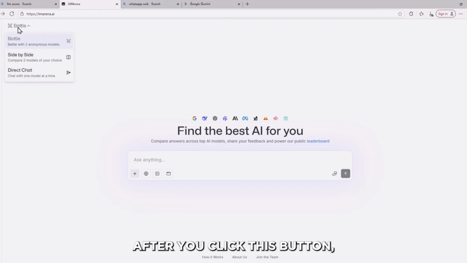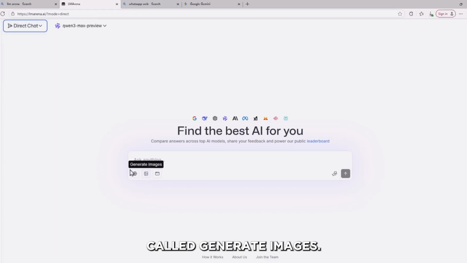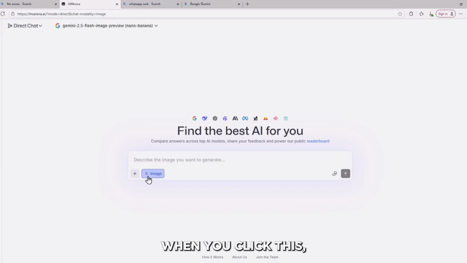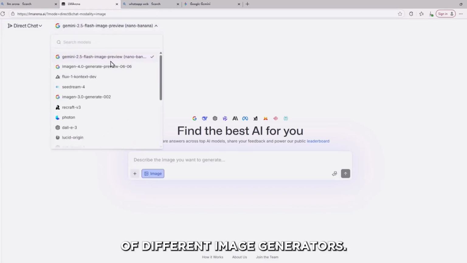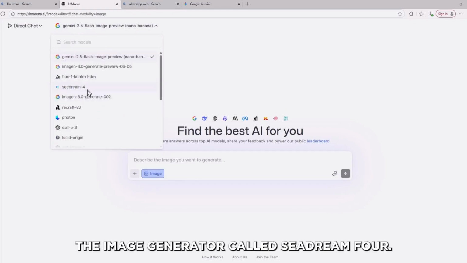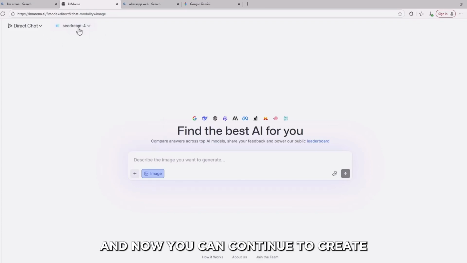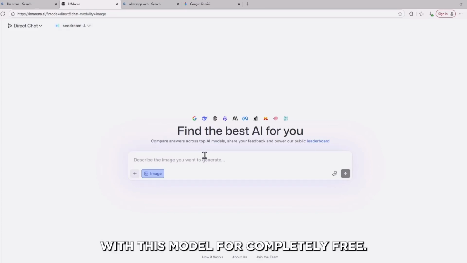After you click this button, you will see three options: Battle, Side-by-Side Comparison, and Direct Chat. You need to click the Direct Chat option. After you click Direct Chat, you're going to click the button called Generate Images. When you click this, you can select from a variety of different image generators. From here, select the image generator called Seedream 4. Just click the Seedream 4 model, and now you can continue to create and edit images with this model for